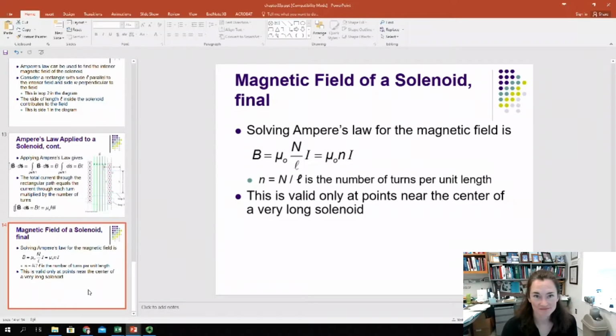Now, this was for an ideal solenoid, which would be infinitely long, but this expression would be valid for a regular solenoid as long as you stick to the region near the center. When you get near the ends, you've got fringing effects, and your magnetic field strength outside the solenoid gets stronger, so you can't really count on this expression always to work. All right,